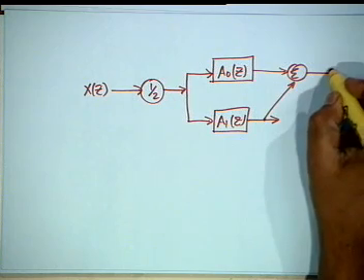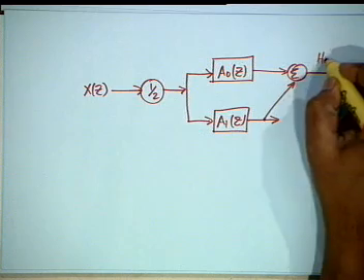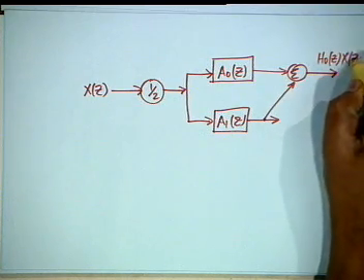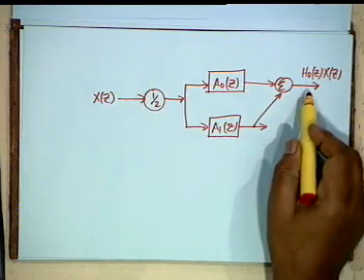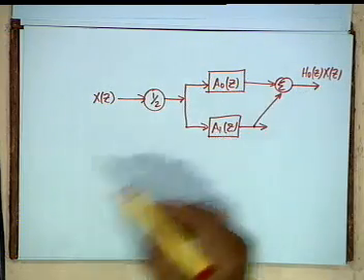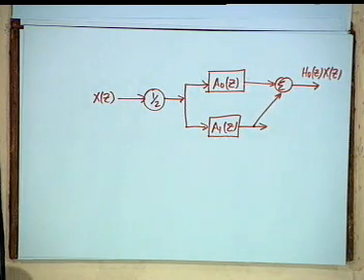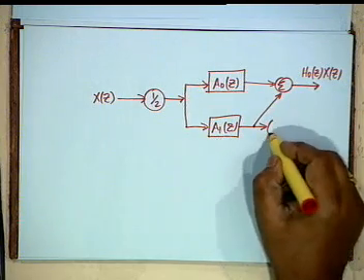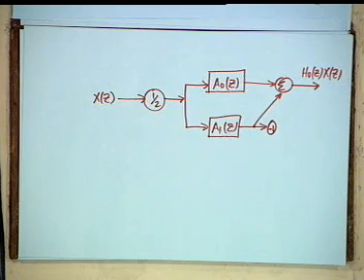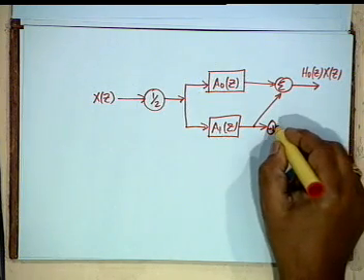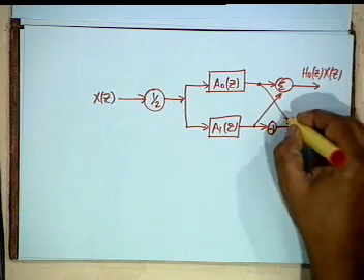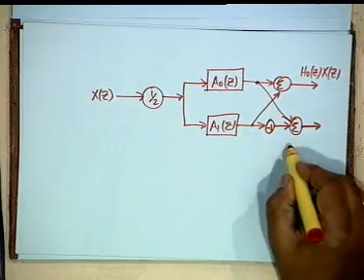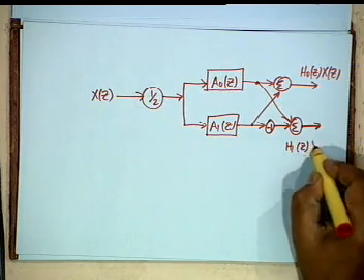If we add them, then you get h naught of z times x of z. Is that clear? The transfer function from x of z to this output would be simply half a0 of z plus a1 of z. That is h naught of z. And if you multiply this by minus 1, once again this is no multiplication, it is only change of the sign bit. Then you add the 2, then the output that you shall get here is simply h1 of z x of z,